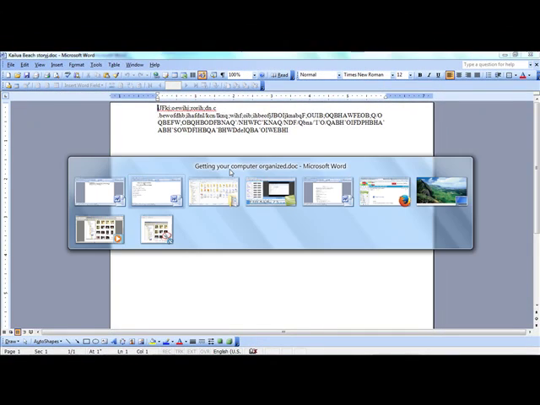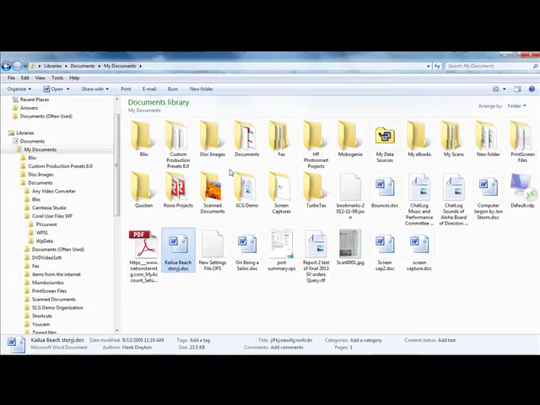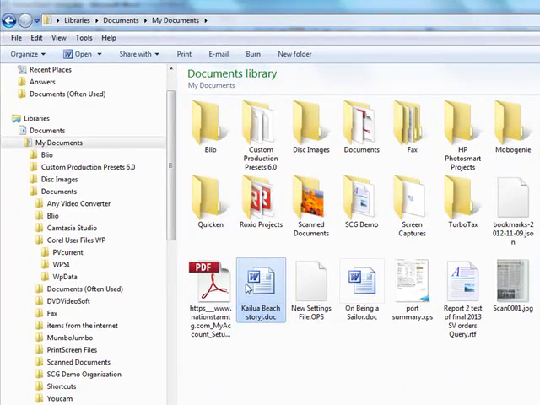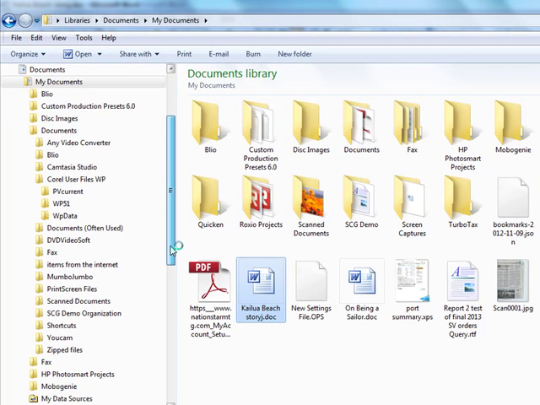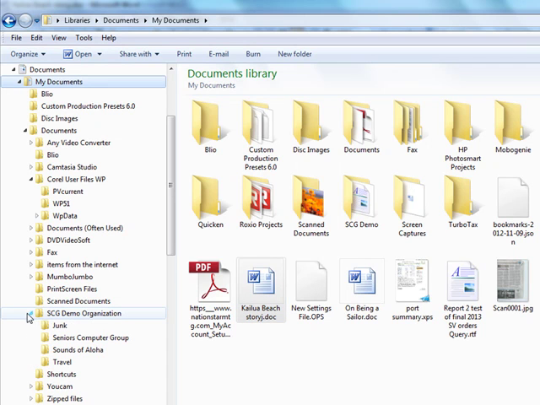I'll go back to Windows Explorer, and there are several ways you can do it, but the way I'm going to do it is drag and drop. I will go to the SCG demo organization, and click the little triangle, which shows me the 4 folders in my SCG demo organization that I just made. I'm going to take this one right here, and I'm going to right drag